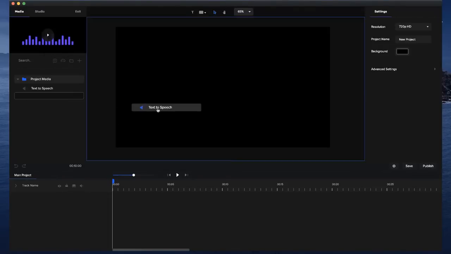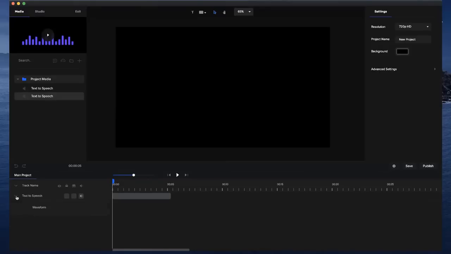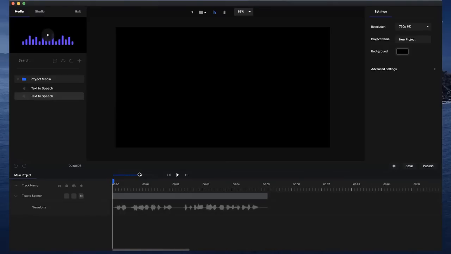So if I just grab this text-to-speech, drag it onto the timeline, I can go through and click on this drop down to see the actual waveform as well. And if I click on play,